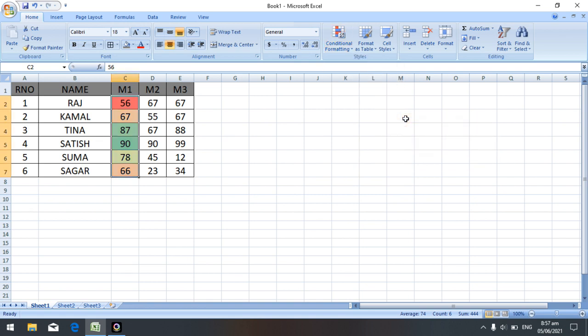For 87 and 90, which are in one range, it gives a different color. Then 67 and 66 are in one range, so it gives one color. Then 78 is a different one. Then 56 is a different one. This is about the color scales. Same way we can apply